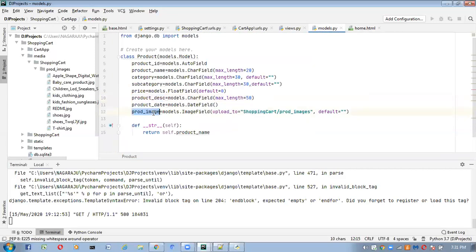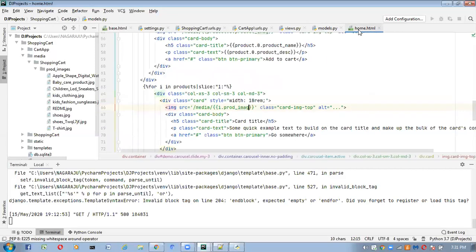I'm copying the same name here and giving it inside the home.html file like this. Next, product_image. Now here you have to get the card title also, double curly brace. Here we have to take I dot product_name. Next, product_description, I dot product_description.